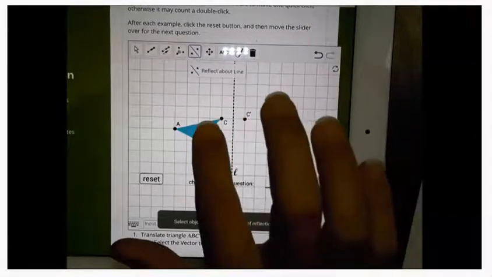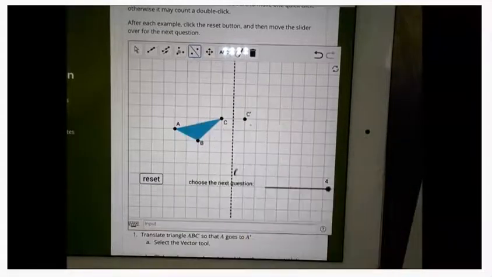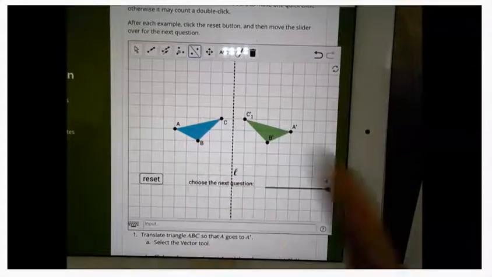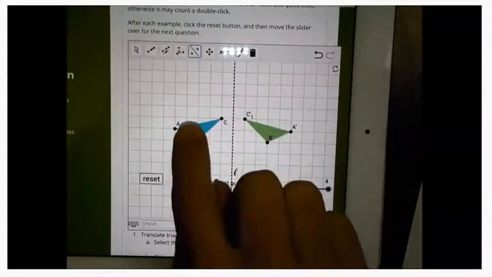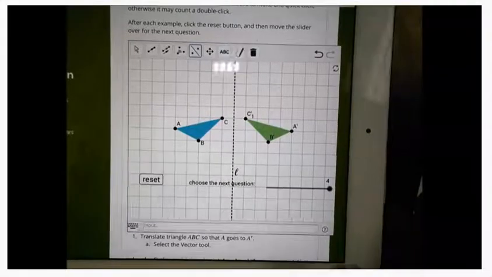Oh, I've got to touch the whole thing. So I reflect on the triangle and the line. There you go. Sorry, I just reflected the point. So you use your reflection tool, the triangle, touch the line, and it flips over. So that's a cool little tool there in GeoGebra for letting you see those translations, reflections,